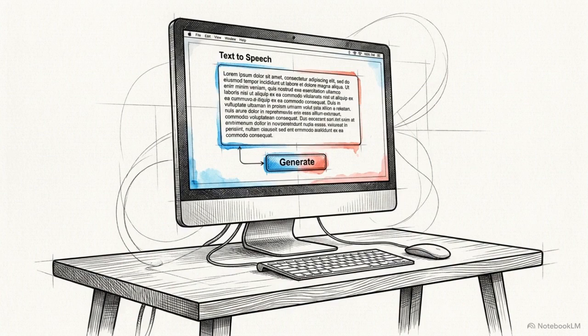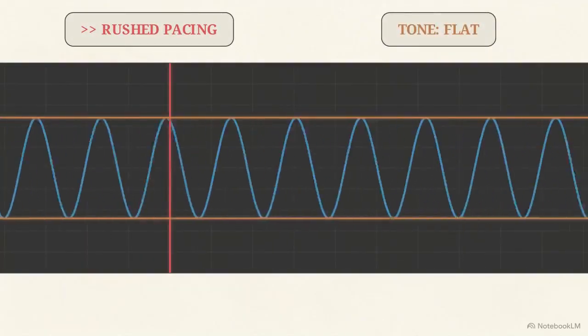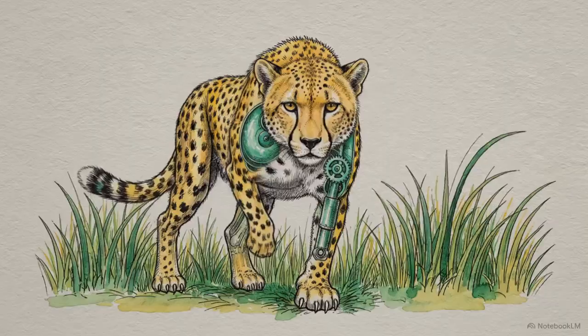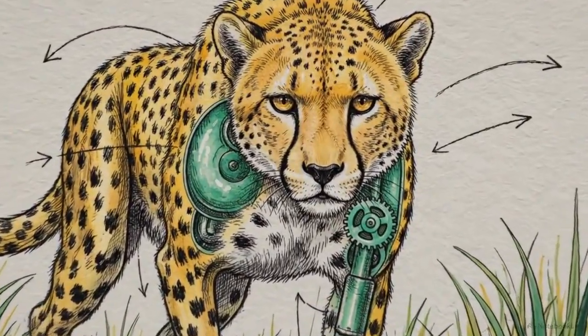Here's a default AI text-to-speech engine reading a script about a hunting cheetah. The pacing is rushed, the tone is flat, and the delivery feels mechanical. But with the right parameters, you can force the listener to hold their breath and feel the weight of the moment. That hypnotic power you hear in top-tier documentary narration relies heavily on deliberate pacing and a specific range of